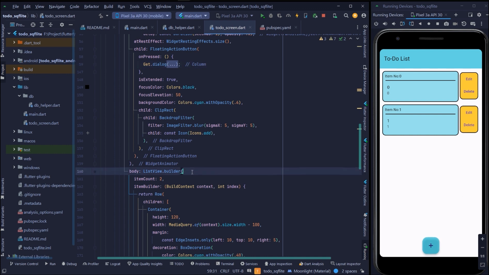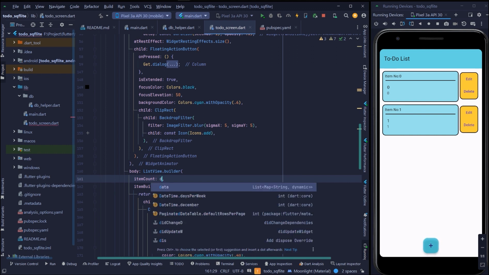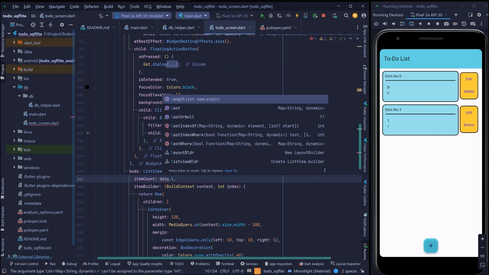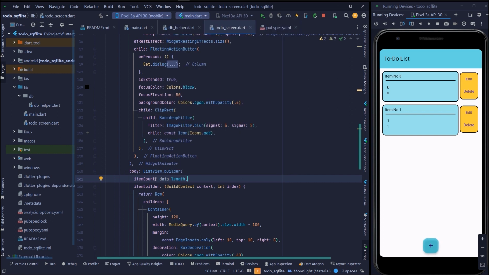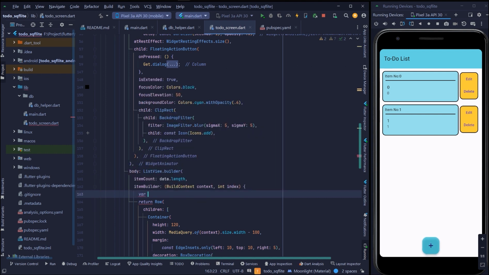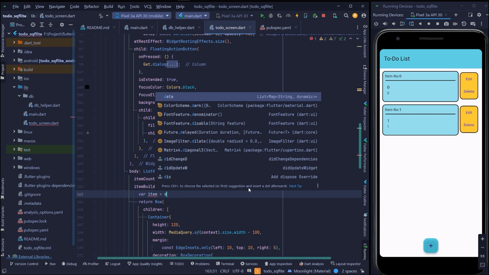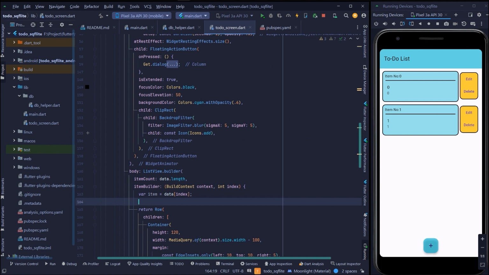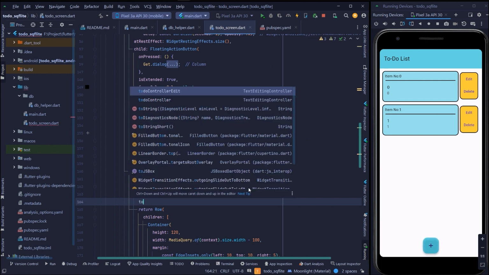And here I want to get the data from the database. These are manually inserted things. Item count, and this should come from the data dot length. Taking a variable as item, and I'll just put the index data,